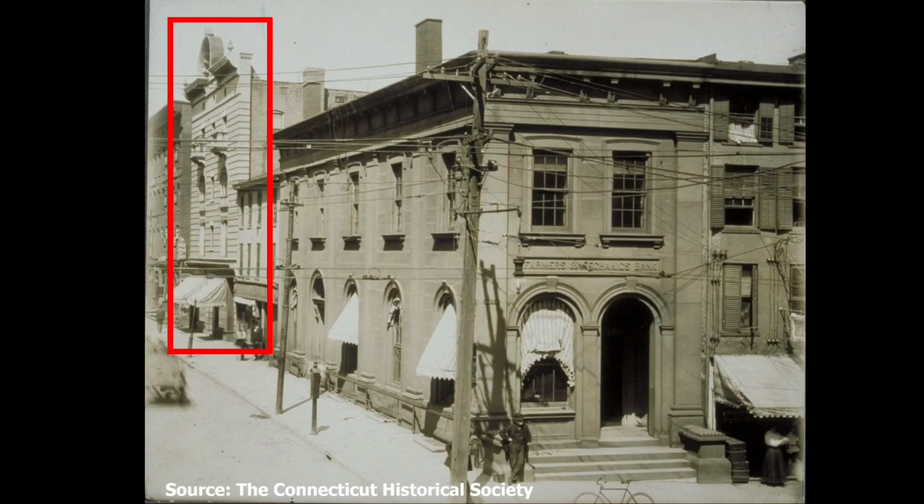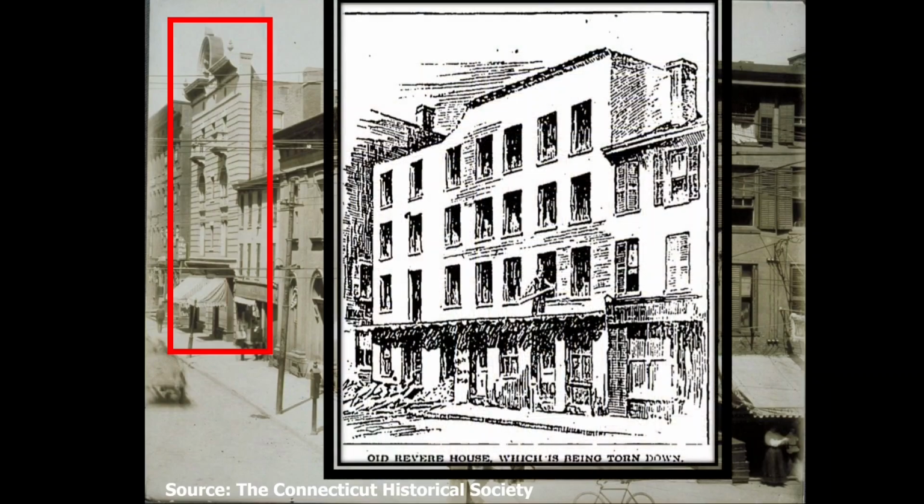It replaced a building constructed in the early 1850s that was used for many years as a hotel, under several different names, first as the Lafayette House, then the Derby House, the Revere House, and finally the Columbia House. By that time it had gained an unsavory reputation. The picture on the right shows the building when it was being torn down to be replaced by a new